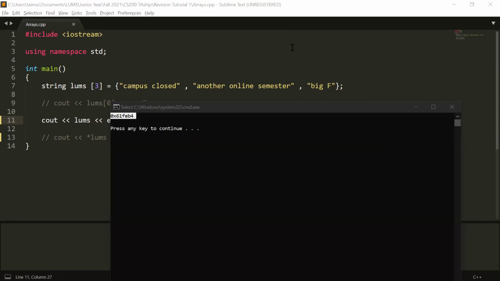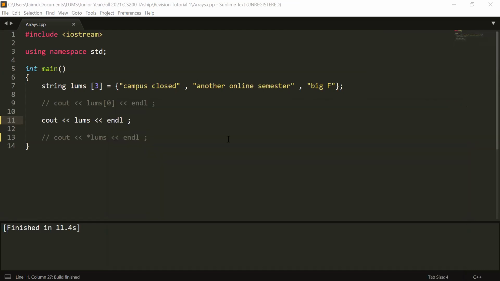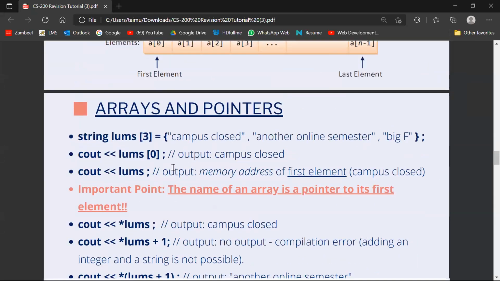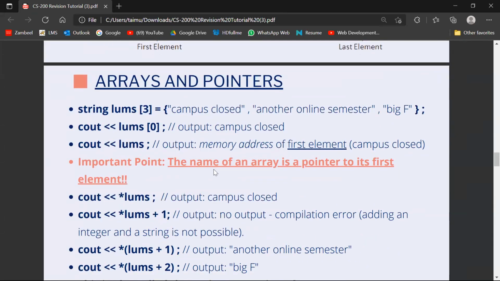ये कैसे हो गया? So this is where the important point comes in, which is that the name of the array is a pointer to its first element, या first item, या to the 0th index. ठीक है, ये बहुत important point है. And this allows you to use pointers with arrays, which is also called the pointer notation of arrays. So now if I go back to my file,